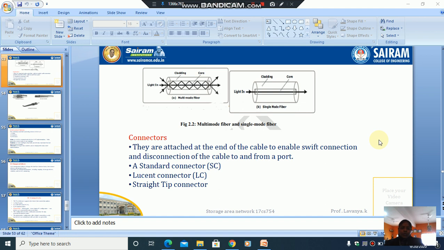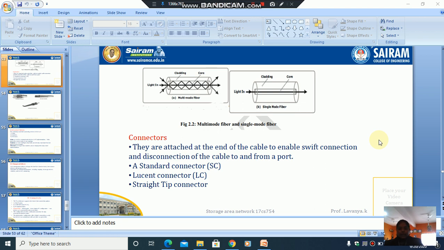Out of three, we are going to use preferably two connectors, that is the standard connectors as well as the Lucent connectors in the Fibre Channel. The standard connector is most commonly used for fiber optic cables, with data transmission speed up to 1 gigabyte